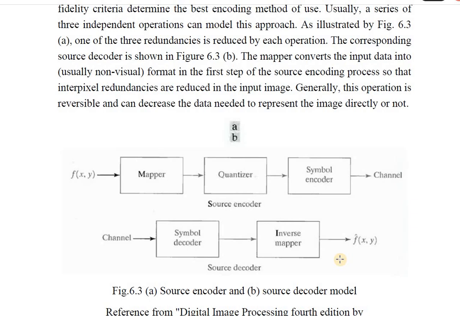In the quantizer, we are basically dealing with lossy compression. If you apply the quantizer while compressing the image, you cannot get back the original image as it is later on, because you are totally removing some information. So there's no reverse process for it. For the mapper, there's an inverse mapper, a reverse process. For the symbol encoder, there's a symbol decoder, a reverse process. But for the quantizer, there's no reverse process. Whatever is deleted in the quantizer is deleted forever.